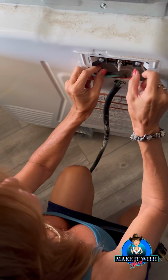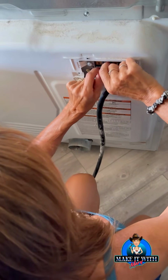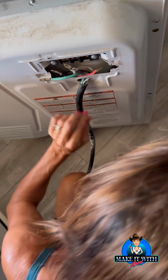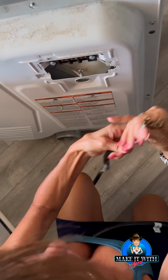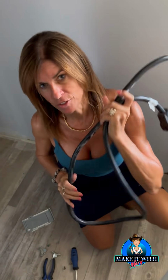If you have a Ziploc bag, that is helpful too, so you can put the screws in a bag so you don't lose your screws. You always have a couple of screws loose, but you don't want to lose them. Okay, and now we should be able to slide this down through the hole like so. And now you have your 4-prong ready to go for the next dryer that comes in, ready to wire it back up again. So I'm just gonna go over the shoulder